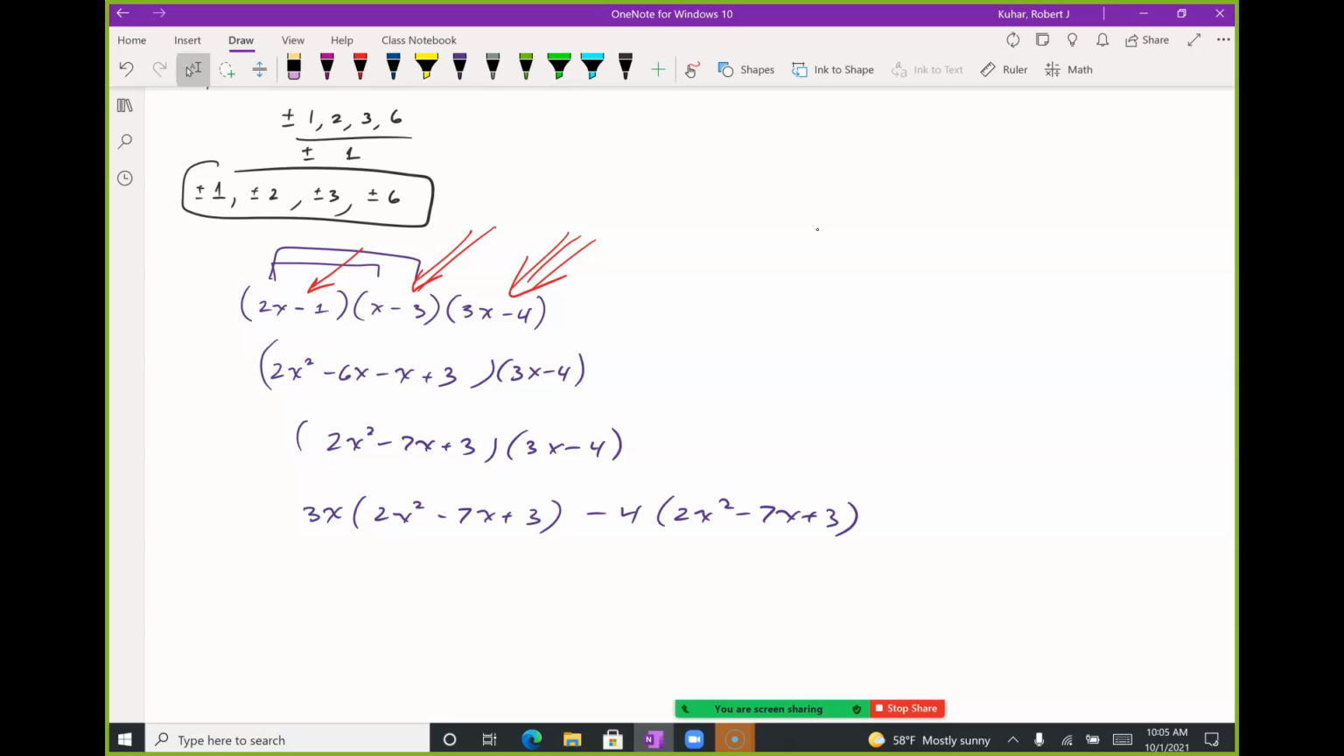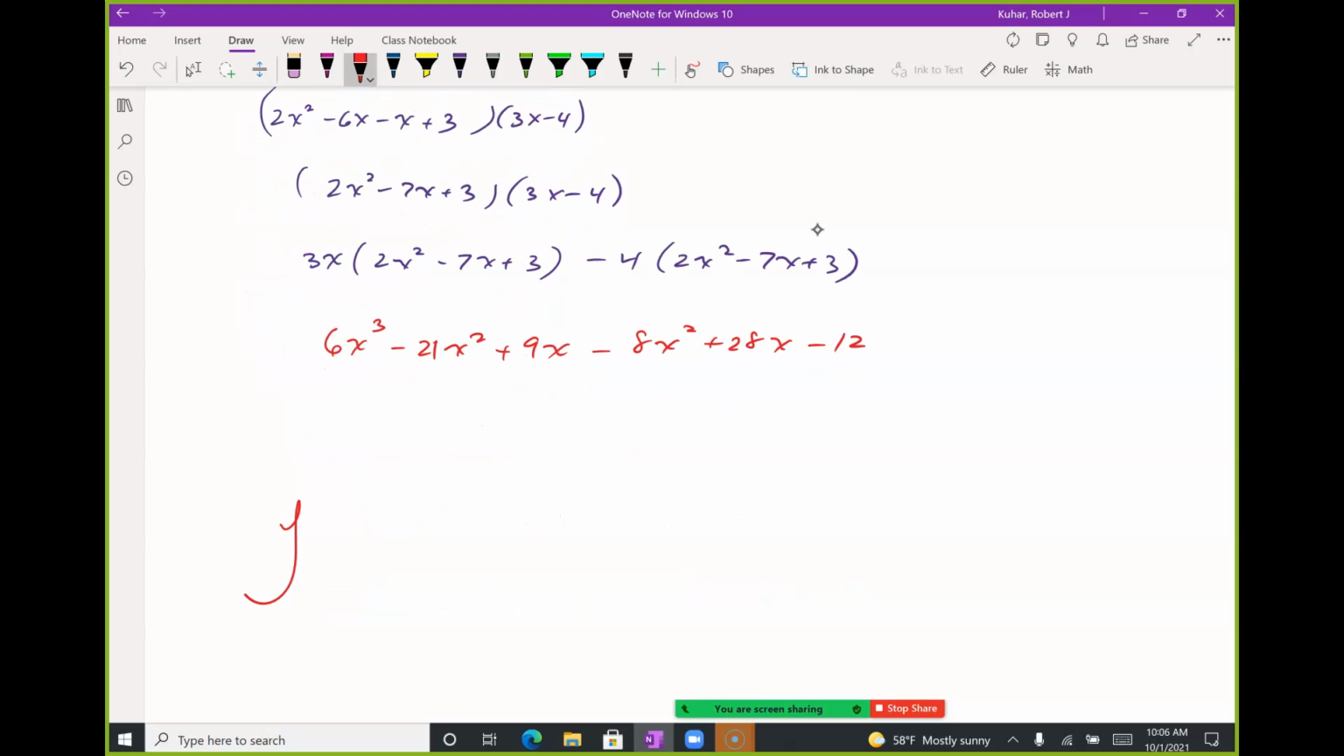But I want to go see what happens when I multiply this out and I look at my leading coefficient and my constant term. Right, so here, what do I get here? 6x cubed minus 21x squared plus 9x minus 8x squared plus 28x minus 12. So I get y equals 6x cubed minus 29x squared plus 37x minus 12. So you can see I already knew what my roots were, but I want to see if